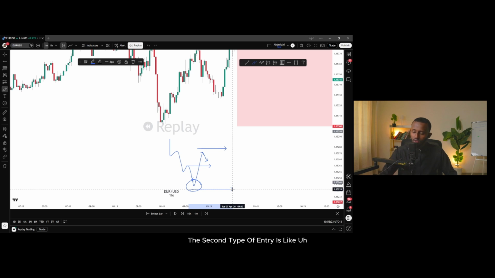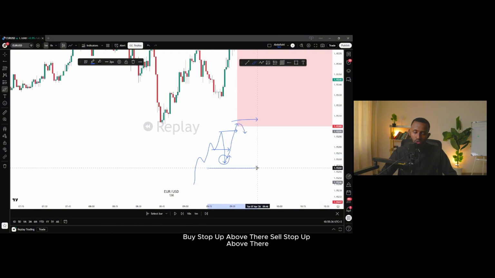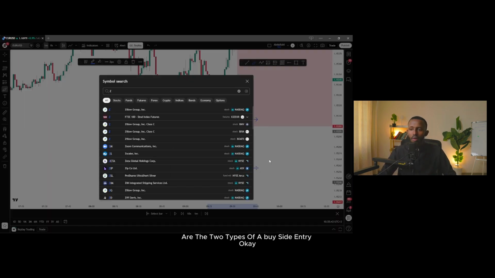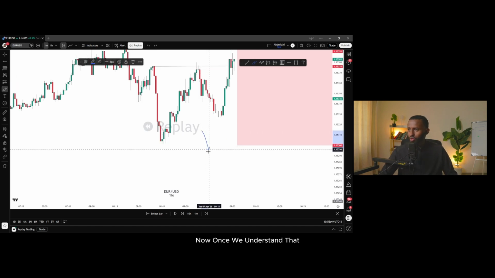The second type of entry is when there's an uptrend, the high low has been broken, and now the high high has been broken. We need to see an empty candle and a pullback there, with a buy stop above and a stop loss below. These are the two types of buy side entry, whether we are in a bullish trend or not. Now, once we understand that,